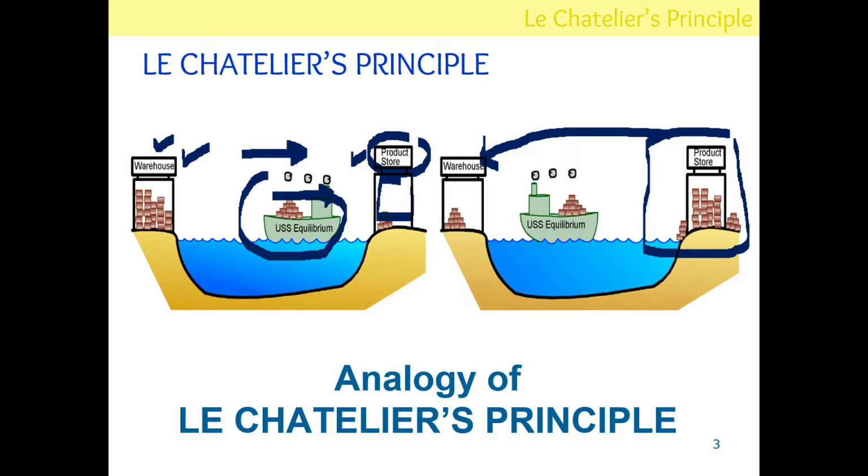In other words, there is too much product while the warehouse sits empty. Again, the reaction moves spontaneously towards equilibrium, but in this case that means the boat goes in the opposite direction,